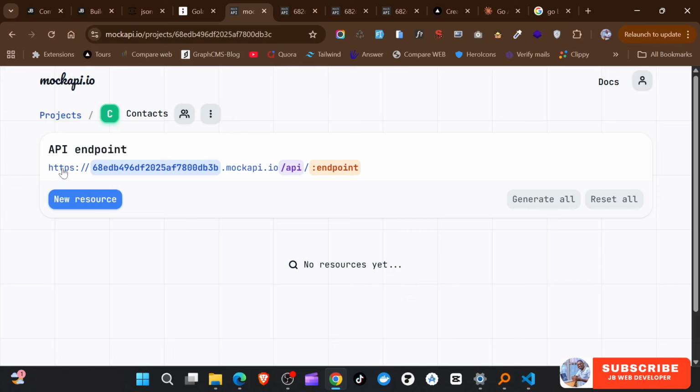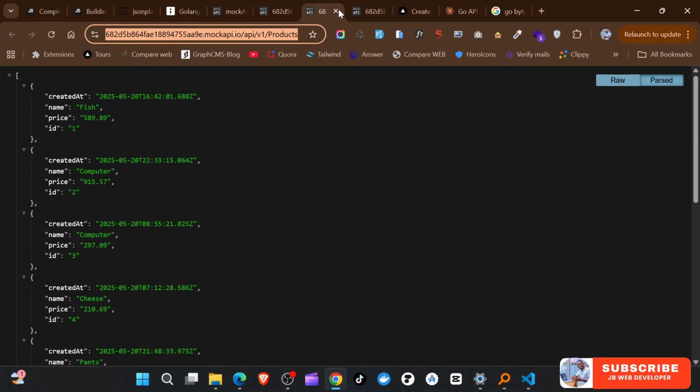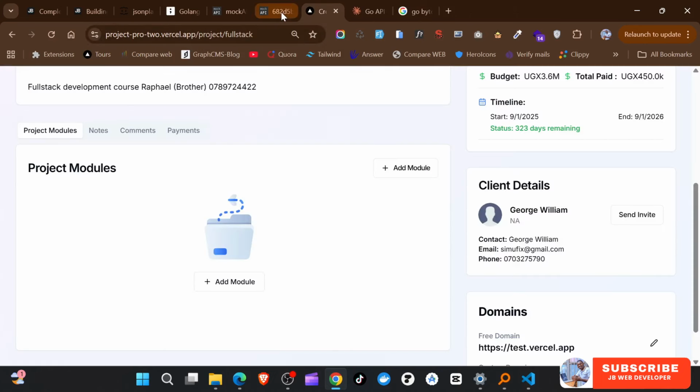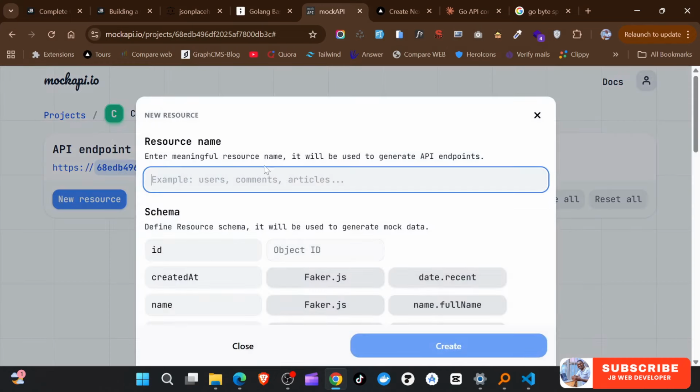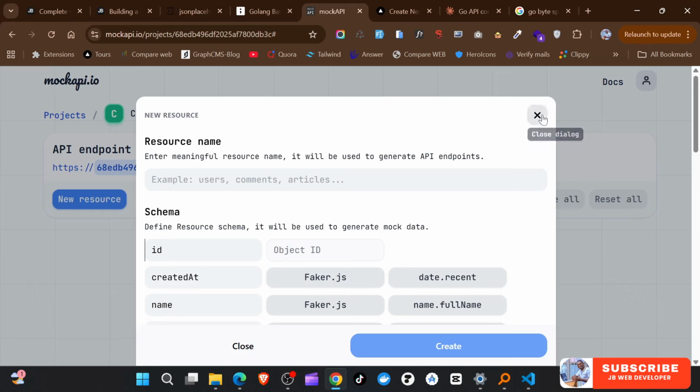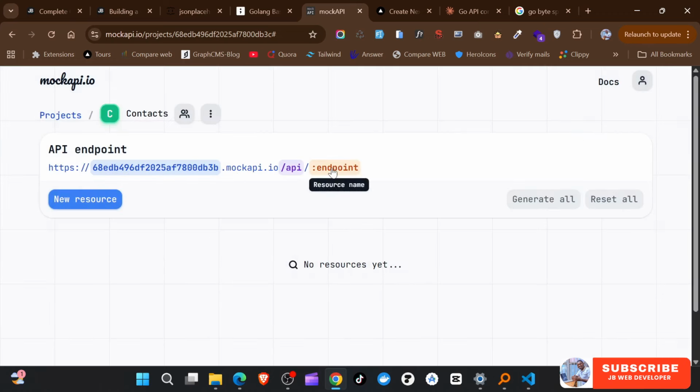So if you just go to this endpoint, if I click on this, just click on this. Oh, okay, we don't have any data. Let me first actually go ahead and remove this. Okay, go back to in here. Let me just go ahead and generate some things. New resource. Oh, okay, let's first create a schema, because we actually haven't added what is in the